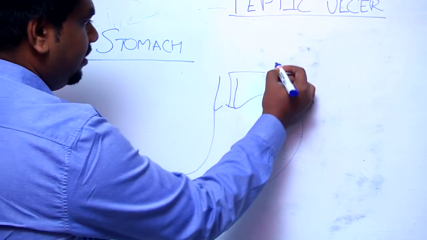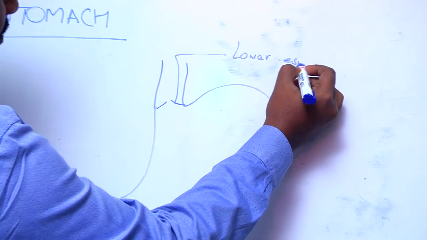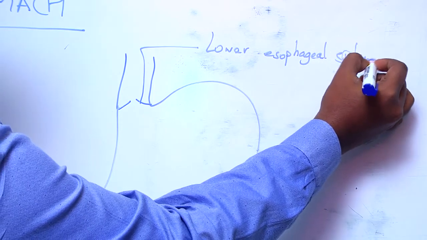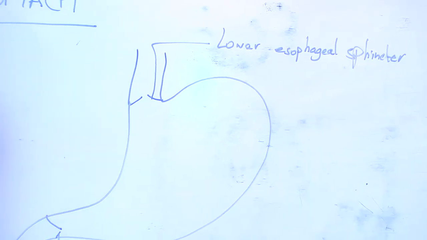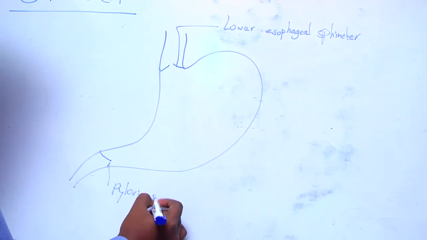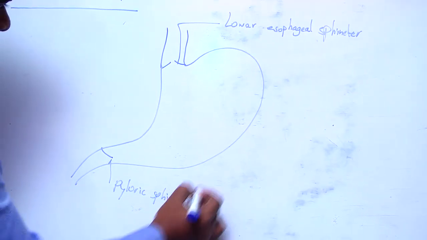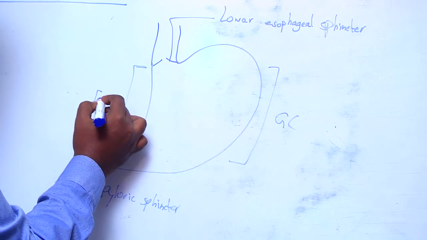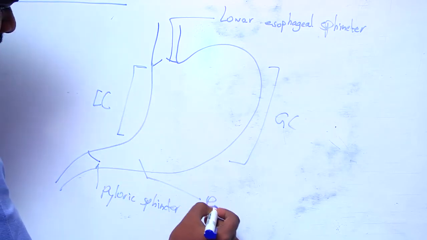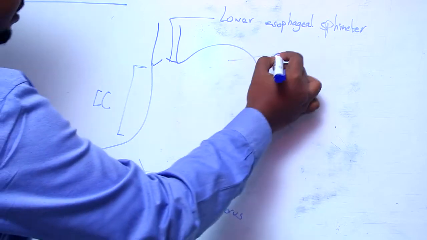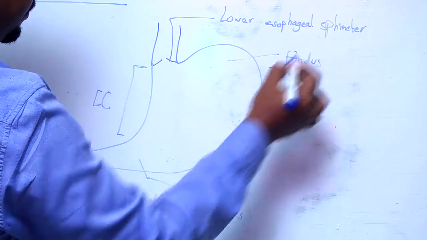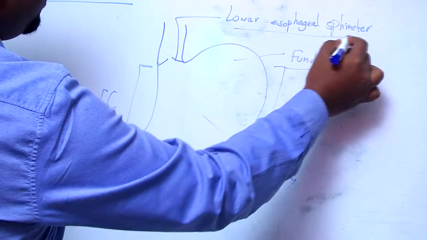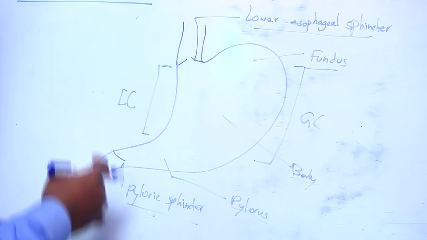So this is the lower esophageal sphincter, and this is the pyloric sphincter. This is the greater curvature of the stomach. This is the lower curvature. This is the pyloric part or the pylorus. This is the fundus, and this is the body of the stomach. So these are the few anatomical parts of the stomach we should know before dwelling deep into the peptic ulcer